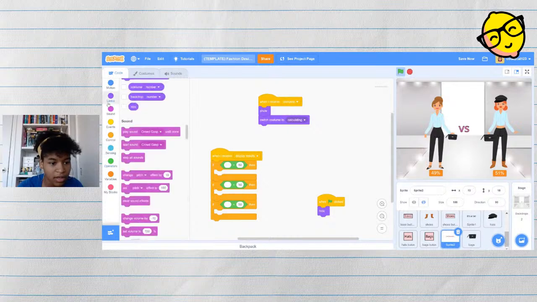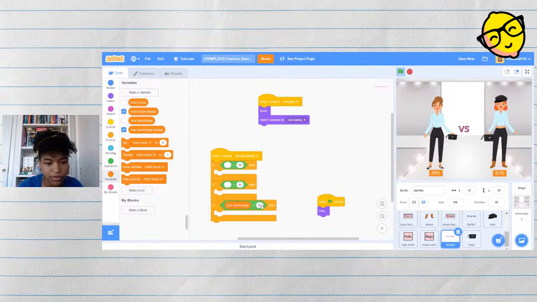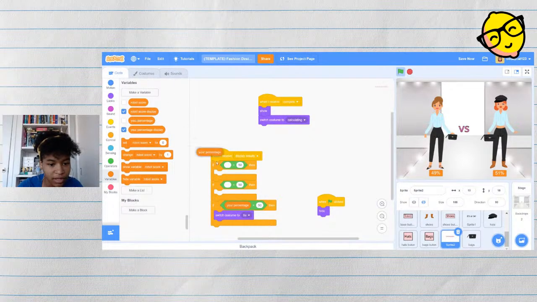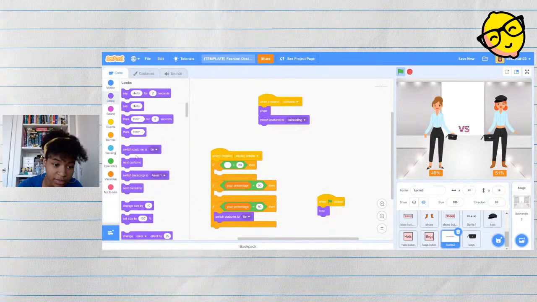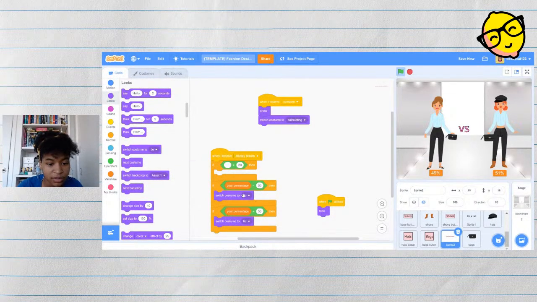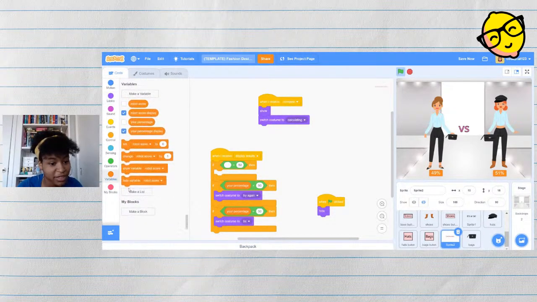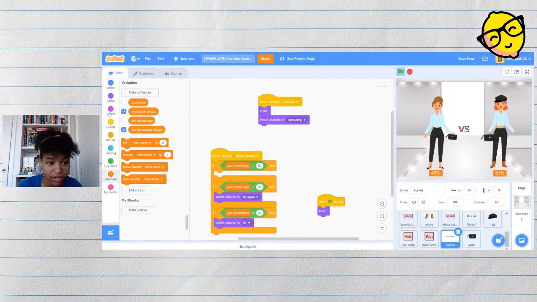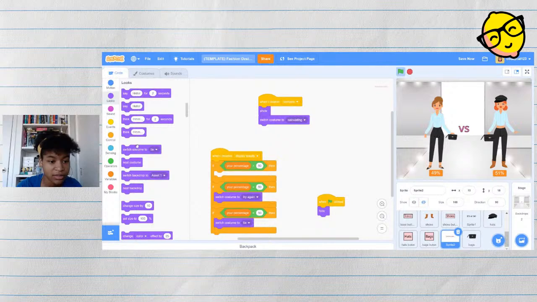So if your percentage equals 50, then it's a tie. So switch costume to tie. Or if your percentage is less than 50, then that means that you lost, unfortunately. So switch costume to try again. But if your percentage is more than 50, then that means that you won. So we will switch the costume to